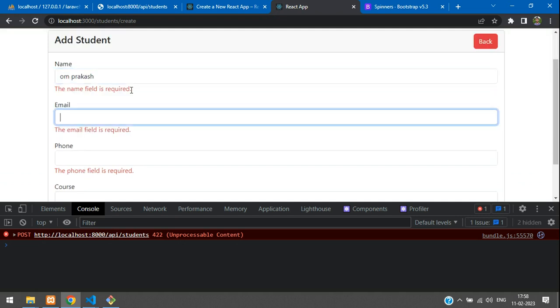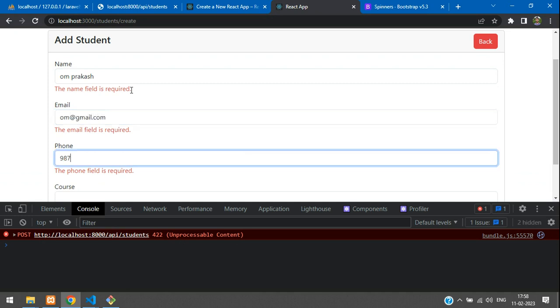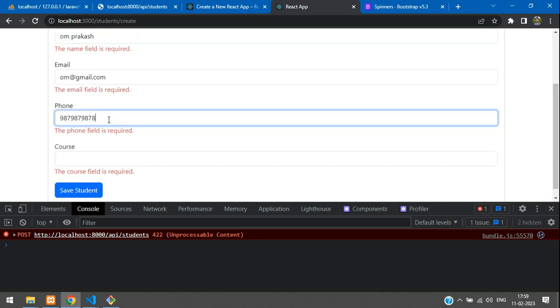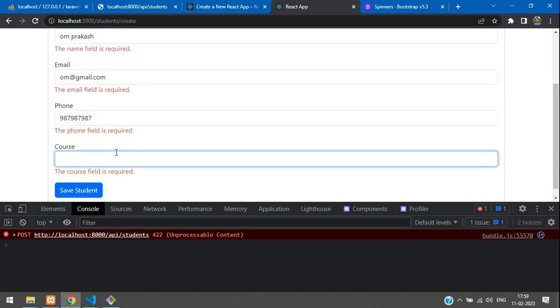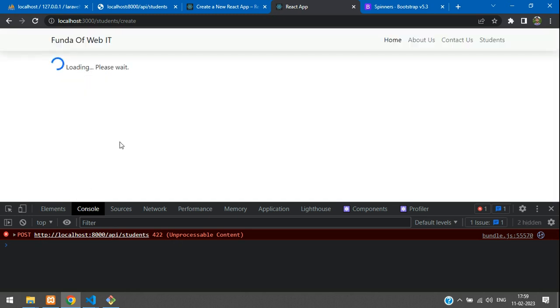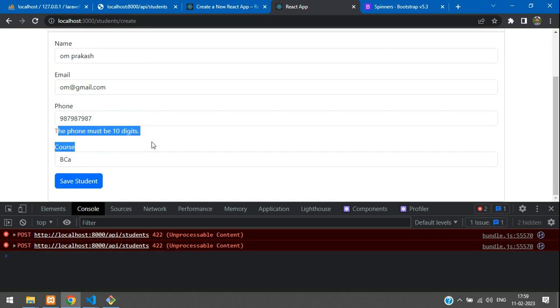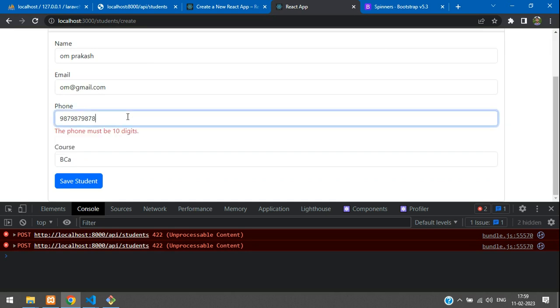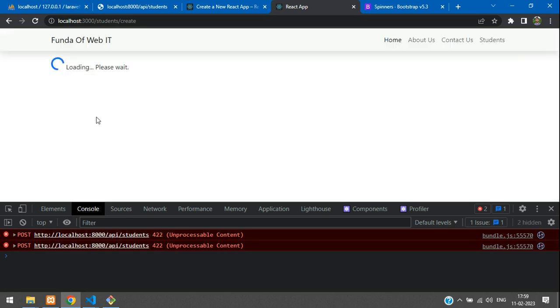Om Prakash here, om@gmail.com. The phone number should be 10 digits because we have done the validation. If I put only 9 digits it will tell the minimum required. Let me add the BCA and let's save student. That phone must be 10 digits. Let me add a 10 digit phone and now let's save the data